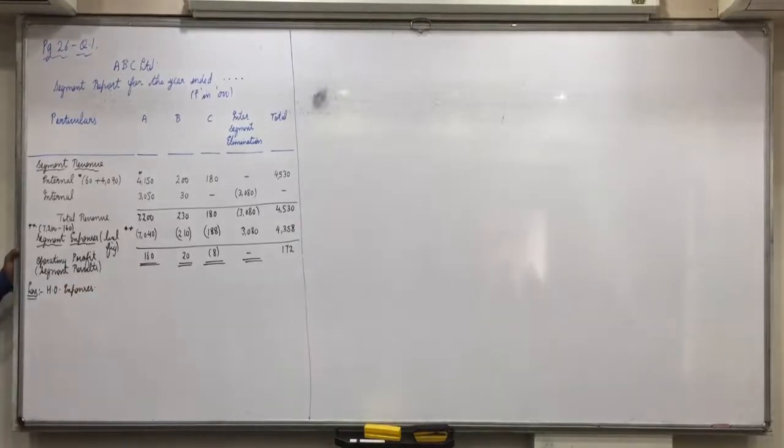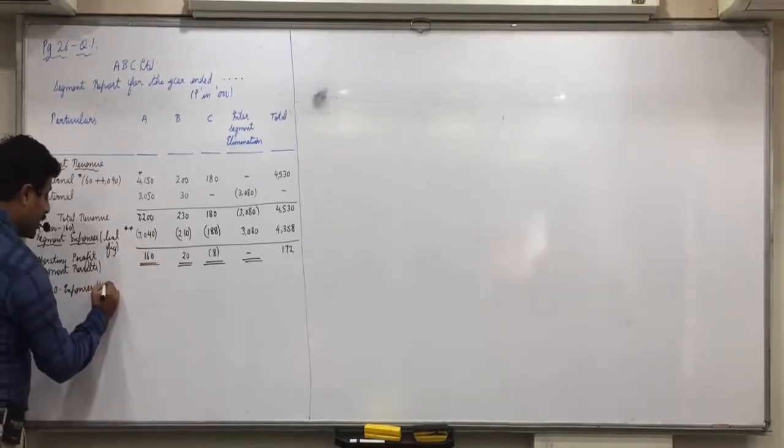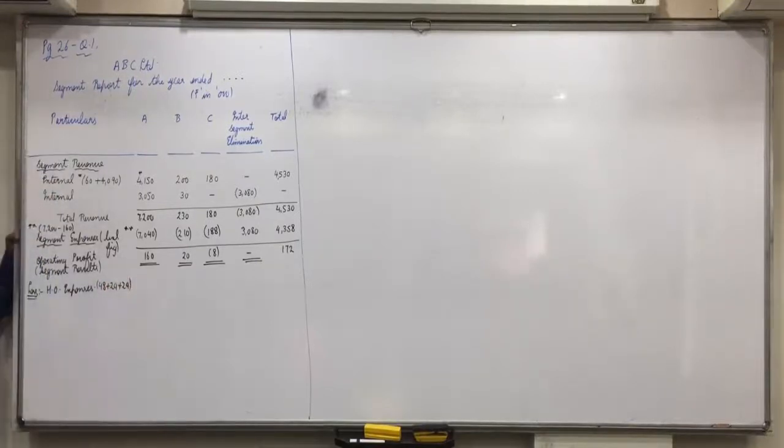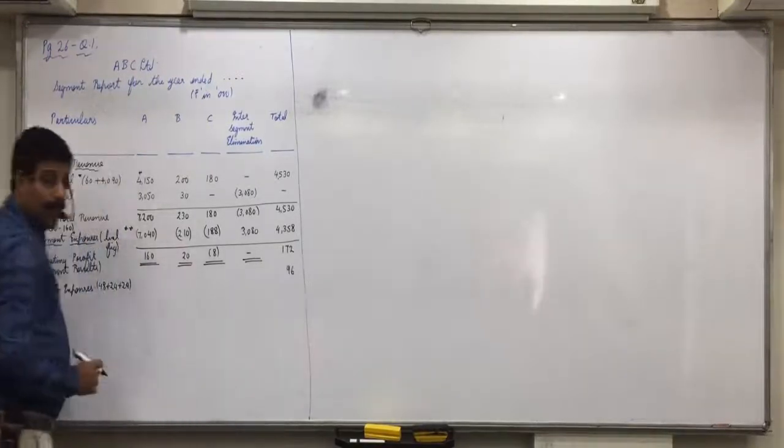You can see in the question you are given 48, 24, 24. Can you all find that? Reallocated cost from head office. Who are still writing up till here, raise your hand. And who is having any doubt up till here, raise your hand. All are clear with every figure written up till here? Now can you all find reallocated cost given in the table, second item? That is head office expenses. 48 plus, we directly record in total column. 24 plus 24, 96. Okay.